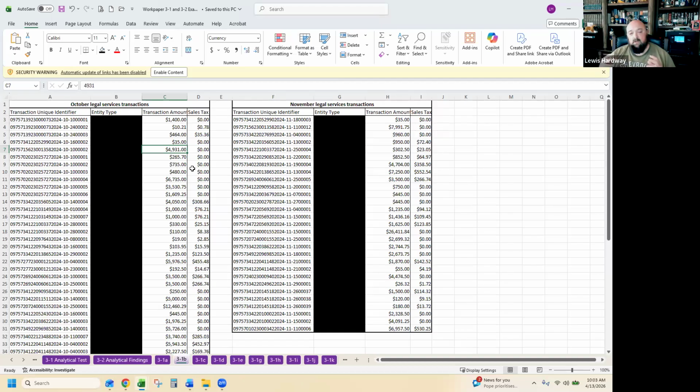Whoever made the purchase on the purchasing card, that's great, but it's better to know what category it fell into that we're questioning. So in that instance, keep that kind of thing in mind. Make sure that I can identify what it is you're actually trying to look at or that you have looked at.